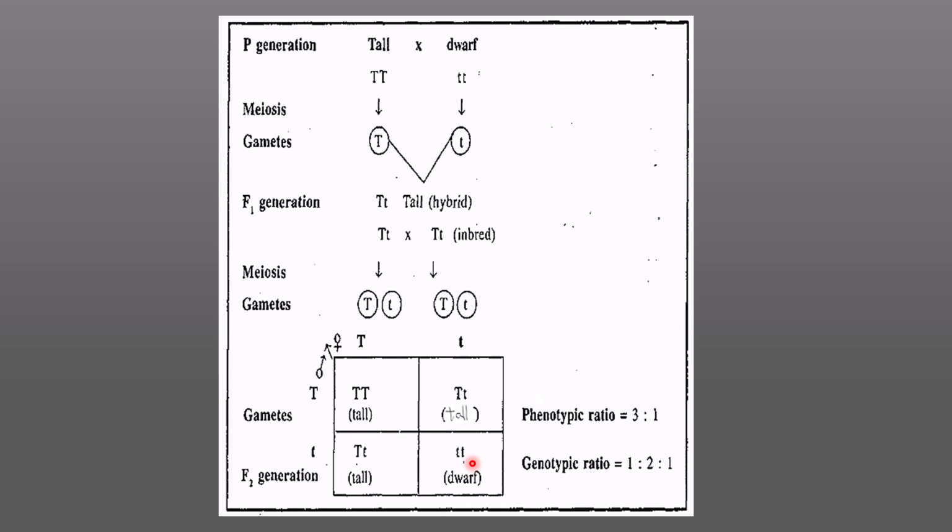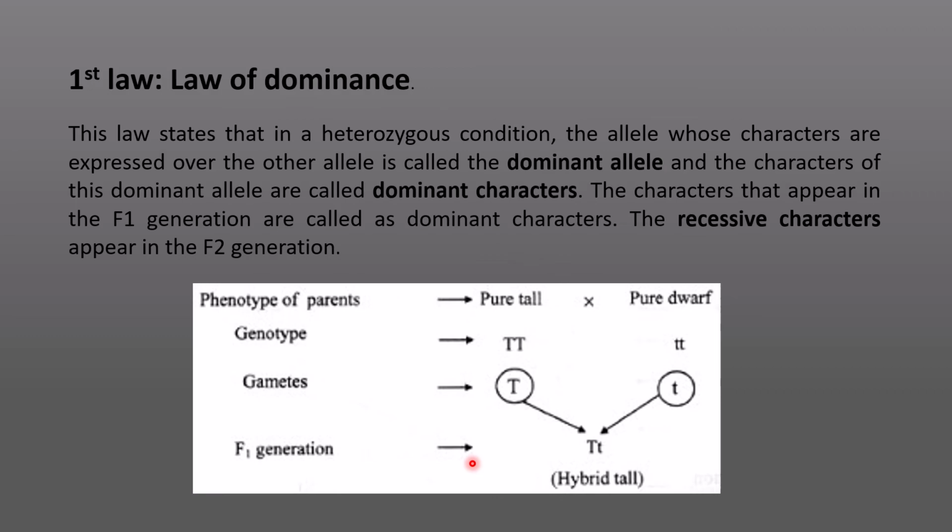So based on this monohybrid cross, Mendel formulated the law of dominance and the law of segregation. So what is this law of dominance? This law states that in a heterozygous condition, the allele whose character is expressed over the other allele is called the dominant allele, and the character of this dominant allele is called the dominant character, and the character that appears in the F1 generation is called the dominant character. Yes, and the recessive character does not appear in the F1 generation, or it will appear only in the